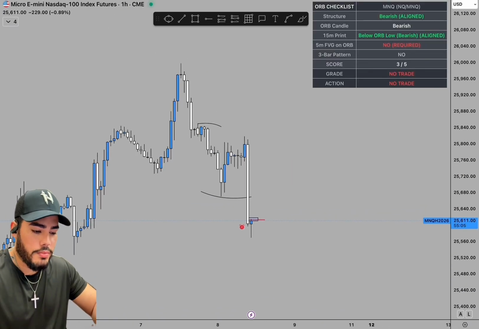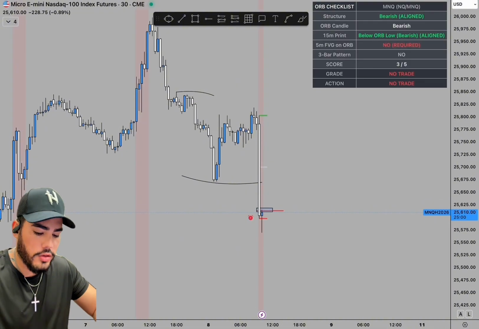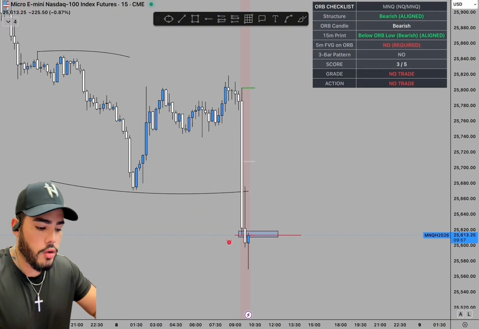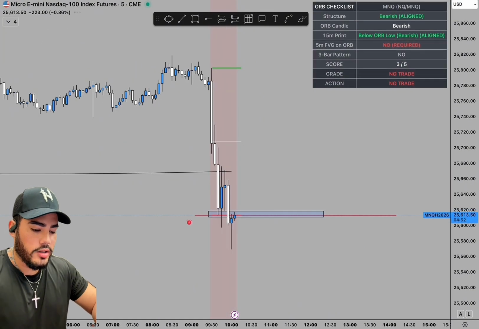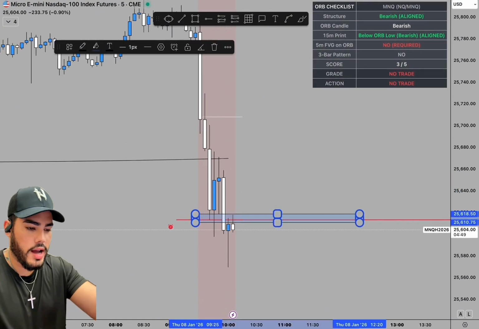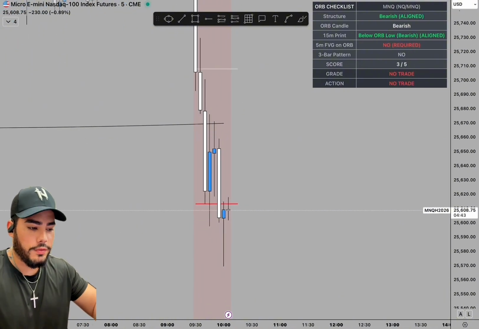MNQ looks very bearish, right off the rip. On the 1 hour time frame, we're bearish. 30-minute time frame, we're bearish. 15-minute time frame, we're bearish. We got a bearish ORB, beautiful. We already have a 15-minute close below the low. However, on the 5-minute time frame, we don't have a 3-bar setup, which is what I like to see, which is my confirmation. We didn't get a 3-bar setup, so what I would like to see from here is price